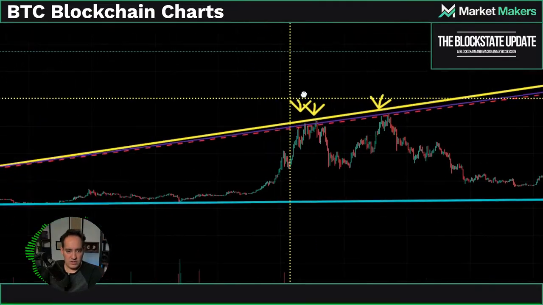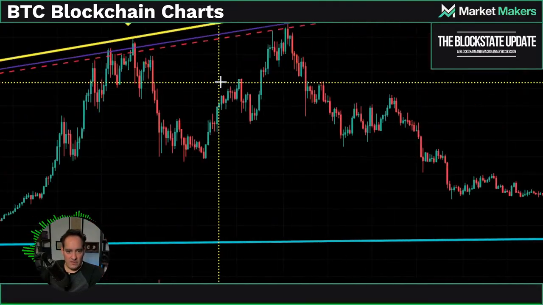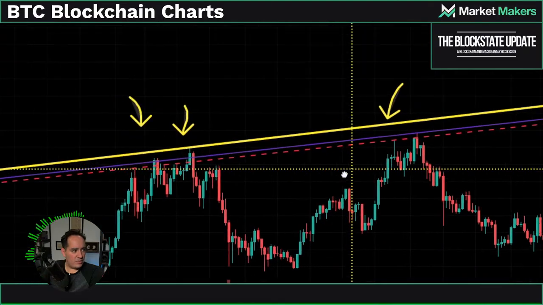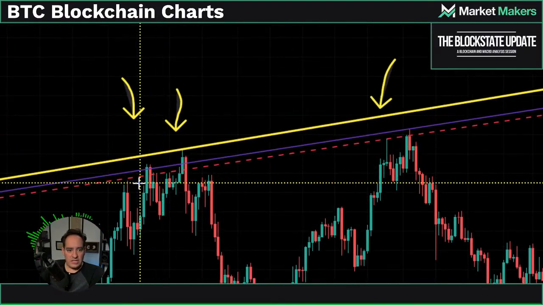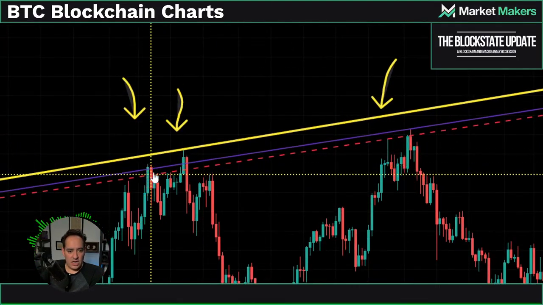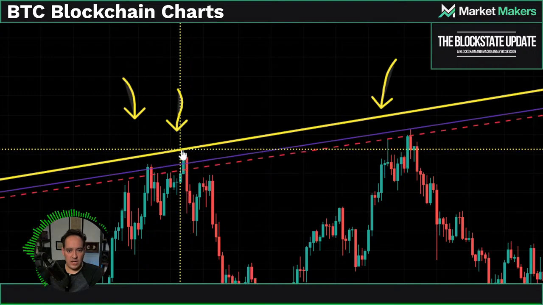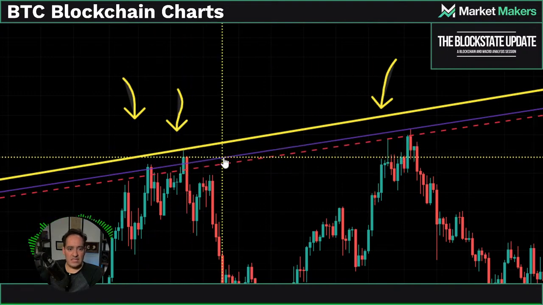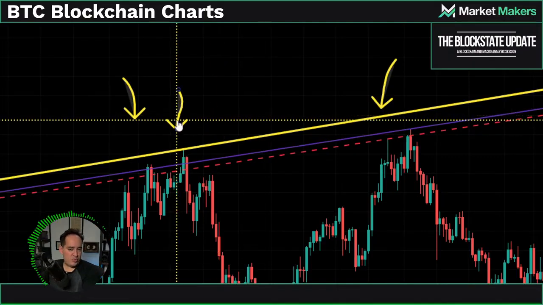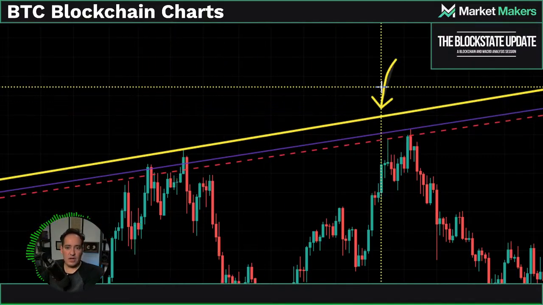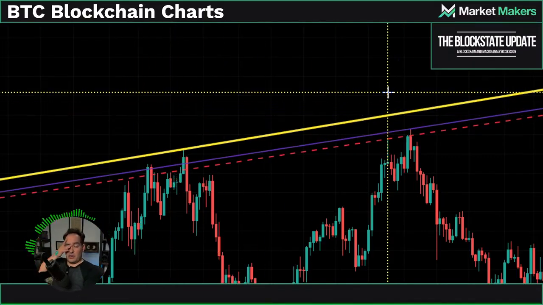Let me put this one in, freeze this one right here. And if I zoom in right here, there we go. You can see that you can either start getting in here and get rejected, or you can go all the way to the top and get fully rejected. You can see that the purple trend line is a hard top structure, and the yellow one is pretty much as bullish as you can get with this trend line. Now, the fun thing here is that